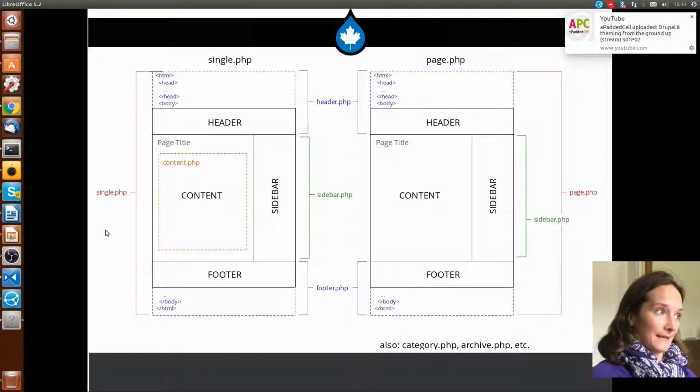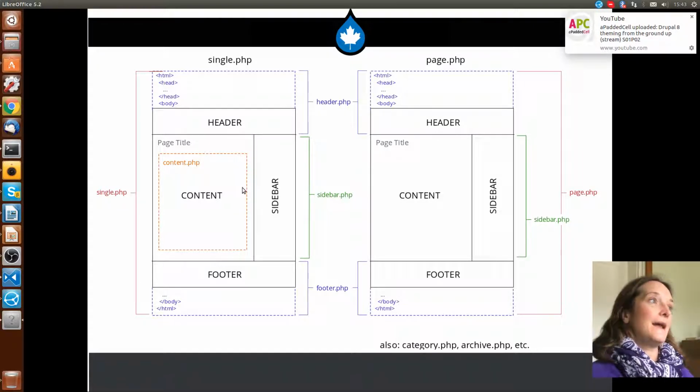So in WordPress, you have these templates for a single post, for a page, there's one for category or archive, and they all start with getting the header and getting the footer, and then they do different things in here for the content depending on what type of page you're looking at. I think this isn't entirely accurate, but you kind of get an idea of how this works differently, and that single actually starts from the very top. Each page starts with including the header and doing something where it's going to get